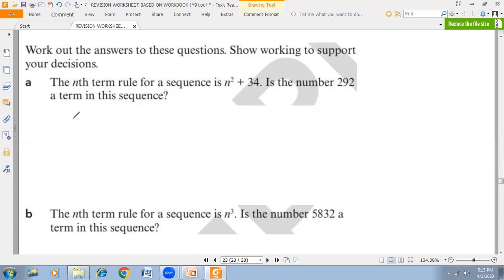So the working for this is n squared plus 34. You put the nth term here, put equal, and then put the number given, which is 292. So we're going to see the number for n. What is the value of n? Whether n is a whole number or a decimal number. So first step, n squared equal to 292